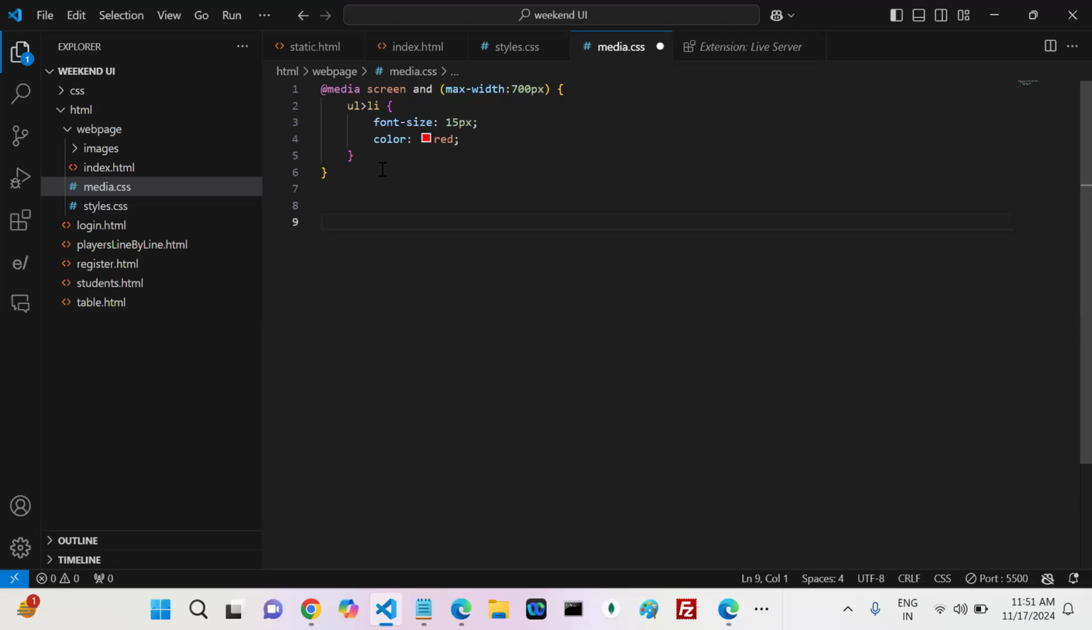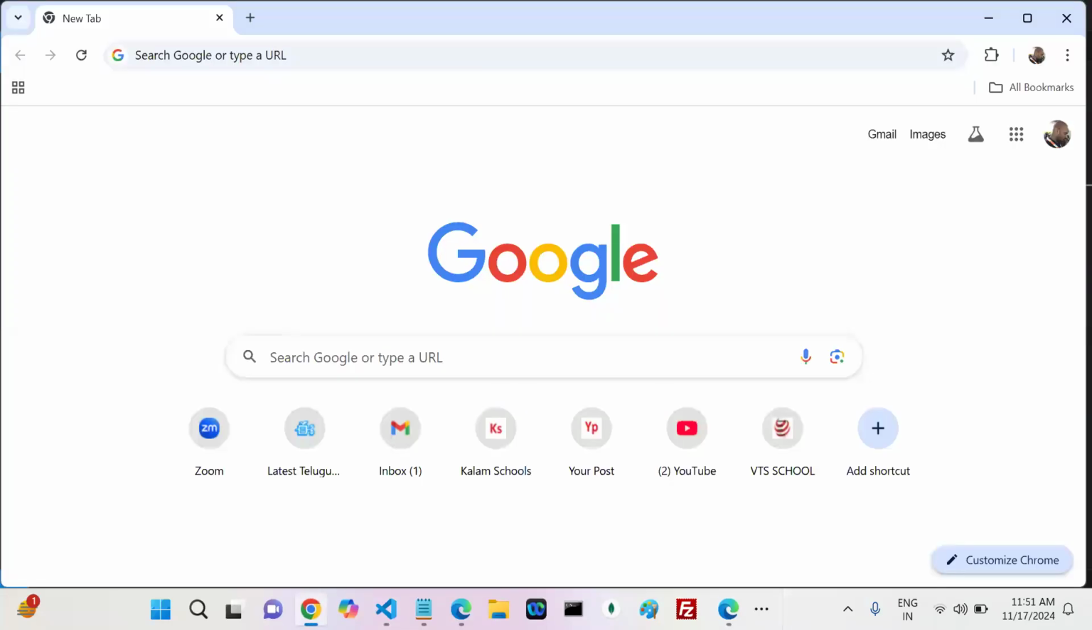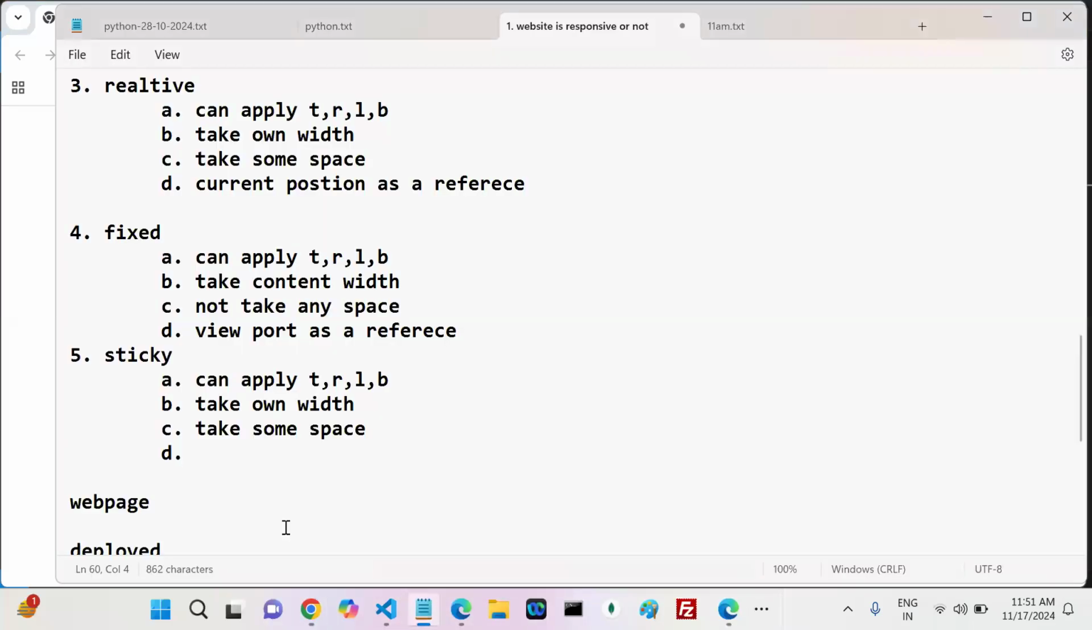Now, not only media queries, is there any other way to develop responsive web pages? Yes, there is one more way. That is by using a framework called Bootstrap. By using Bootstrap also, we can develop responsive web pages. Now, if you want to work with Bootstrap,